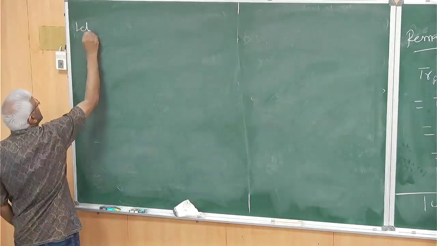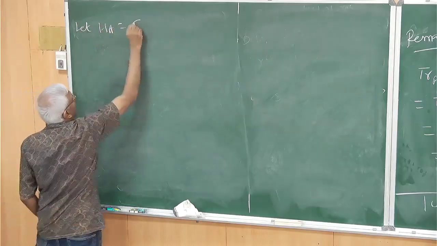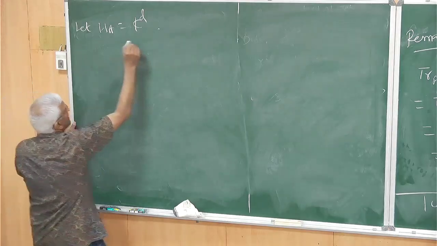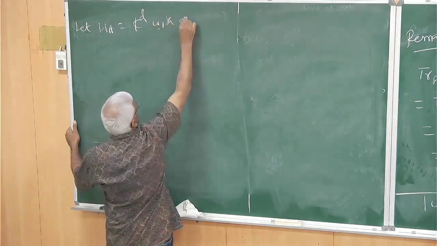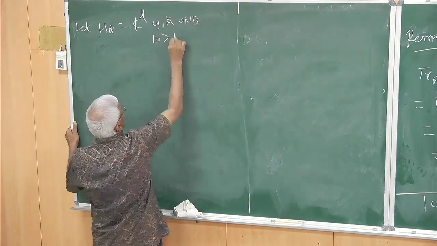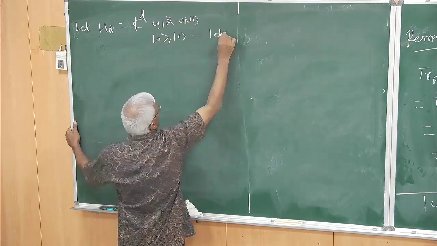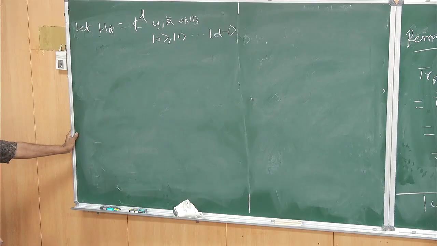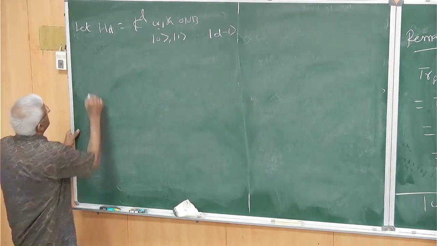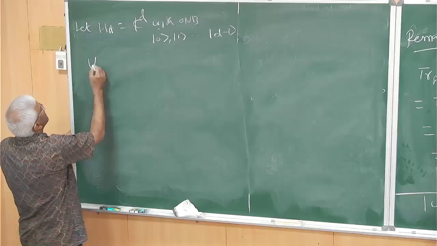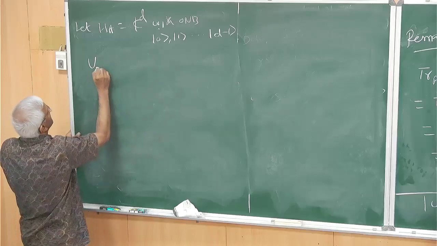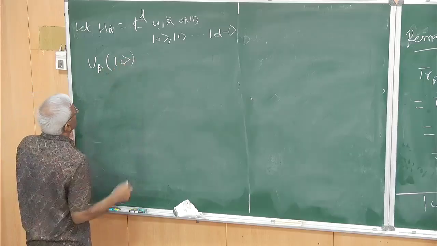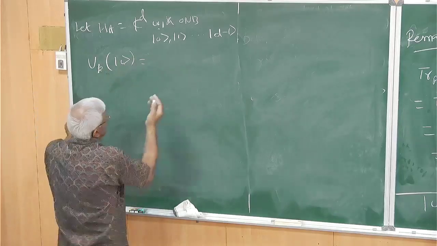So let our Hilbert space H_A be d-dimensional, C^d, and of course with an orthonormal basis 0, 1 up to d minus 1. Then you define U_k, acting on any basis vector e_k', this is just a diagonal action.